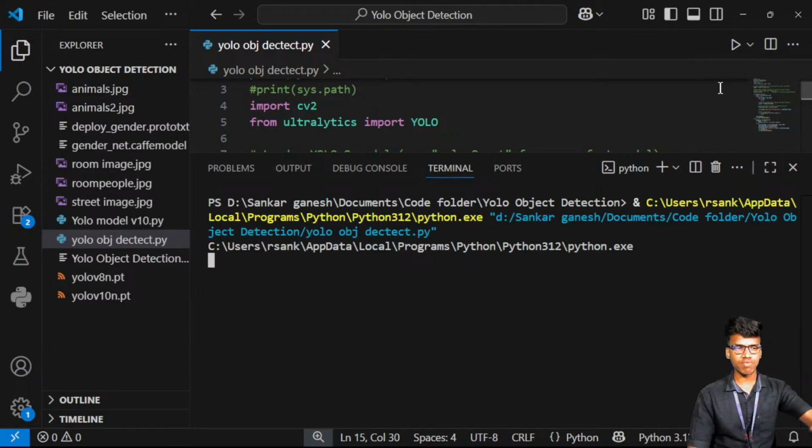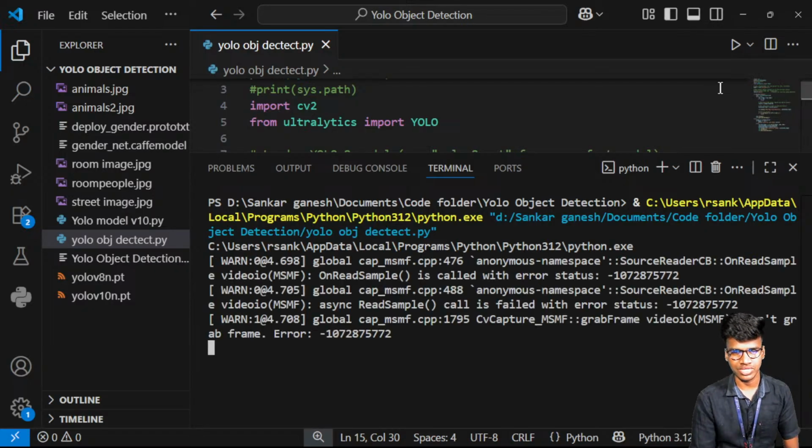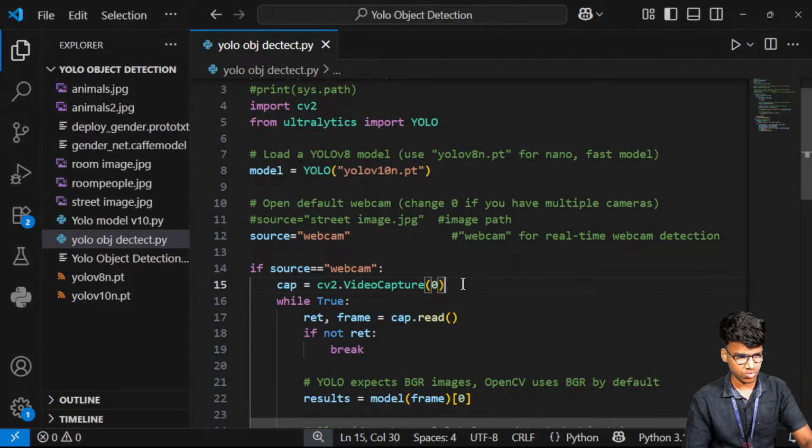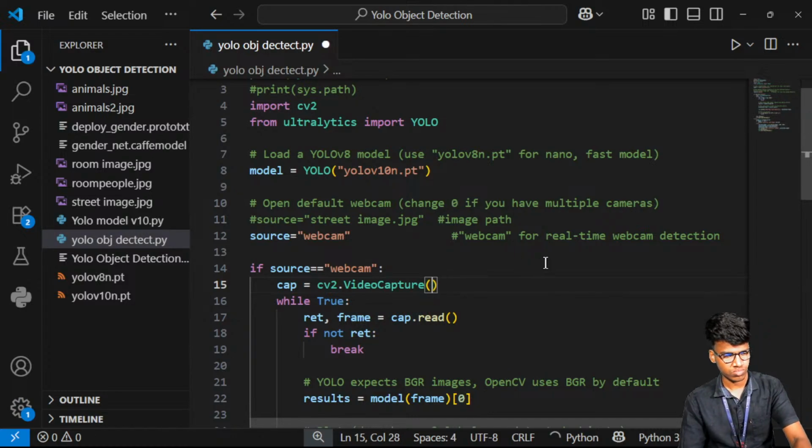So the real-time camera will be accessed and opened. You can see here. Okay, what exactly has happened?